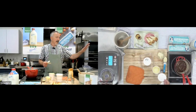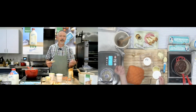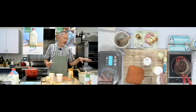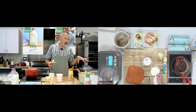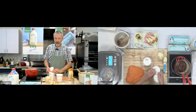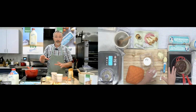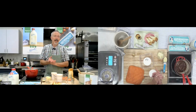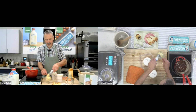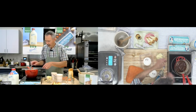As far as that goes, as soon as my ice cream machine tells me it's ready, or I see it's ready, and that's just when it starts to slow its whirring, I've added any add-ins, chocolate chunks, berries, whatever, into it. It's churned, it's slowed down a lot, somewhat frozen. I pour that into my container, or into a different sort of form, like Alice was talking about, and then put it into the freezer to harden, or you can eat it right away, which is often just the best, right out of the machine. So we have that, our nice vanilla,